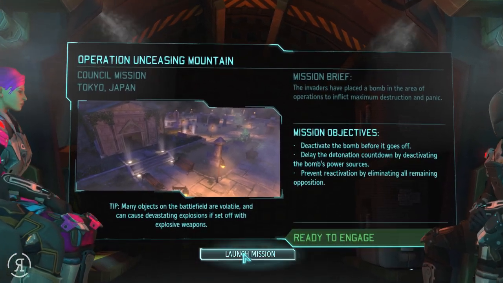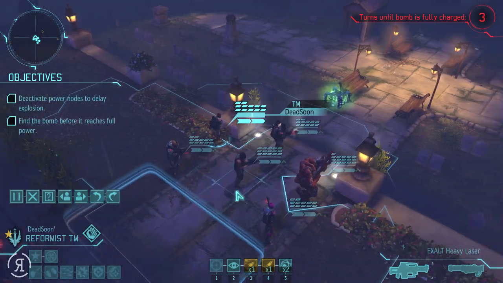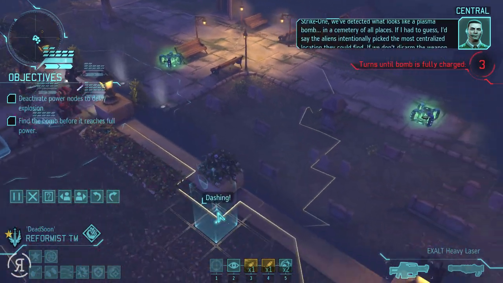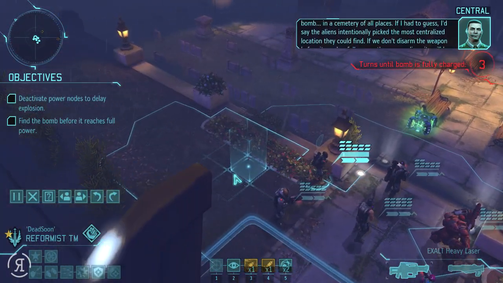I'm hoping that, yeah, this is definitely aliens, isn't it? It's not Exalt. I hope it's aliens, at least. Otherwise, oh my. 3 turns? Is that the bomb? No, probably not. These are the delays, I believe. These are the things that we need to